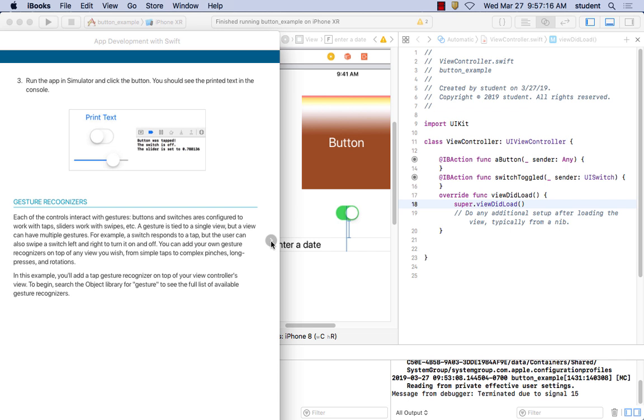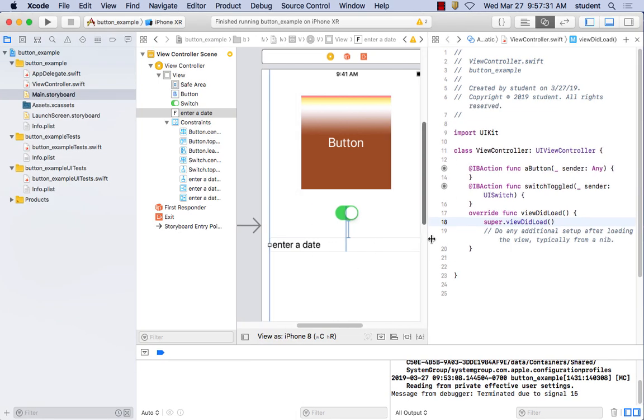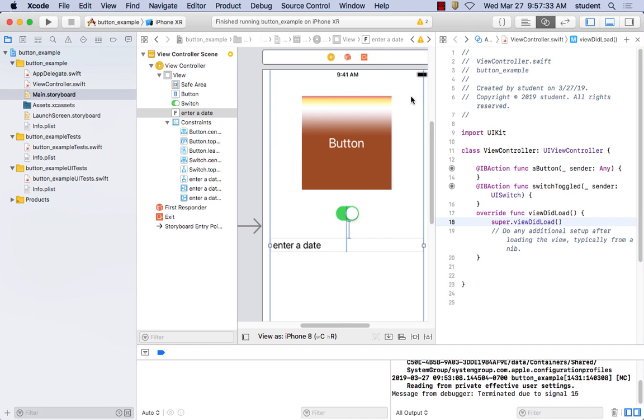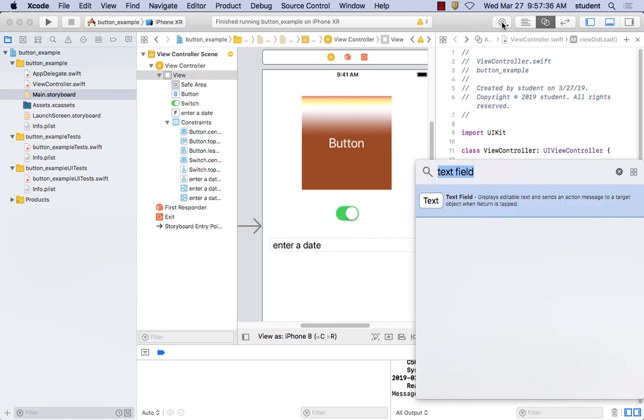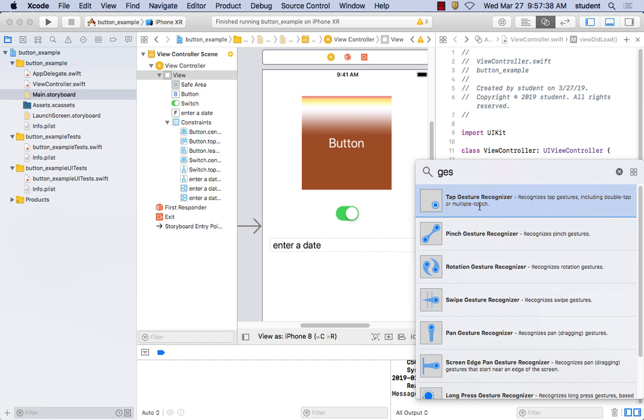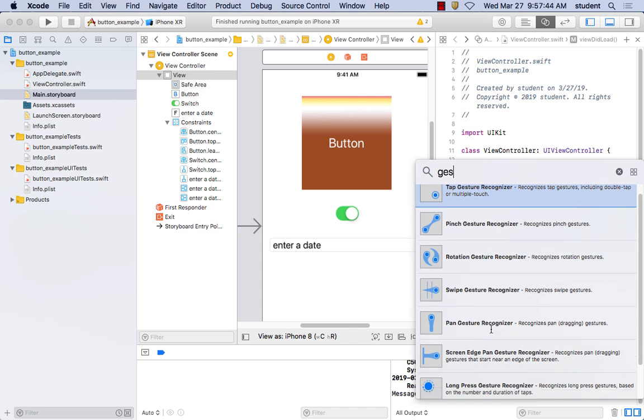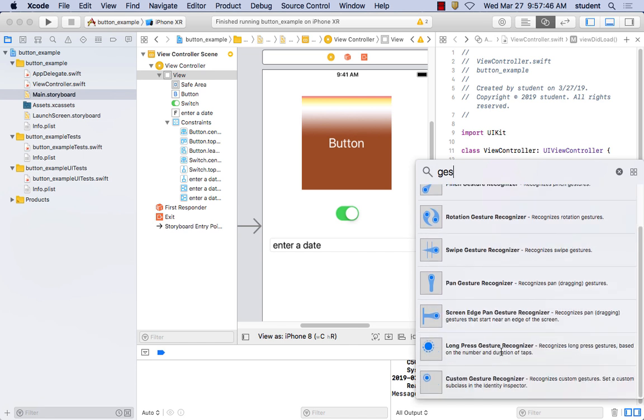And of course, games, you have all kinds of different gestures, right? In this example, you add a tap gesture recognizer on top of your view controller. To begin, search the object library for gesture to see the full list. Again, you have gestures in the option here. You can type in gesture, and they have tap gesture, pinch gesture, rotation gesture, swipe gesture, pan gesture, screen edge pan recognizer,